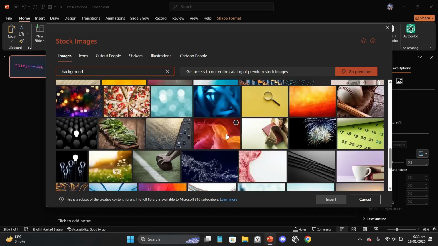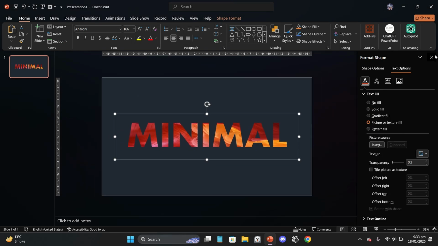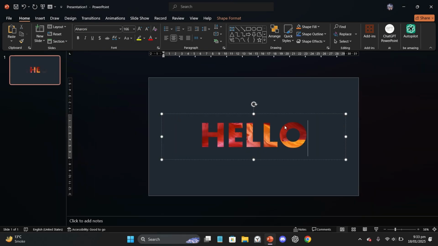So for example, let's just take this image. Yeah, so this one looks just fine. What you can do is change your text, and the picture will remain inside your text. Plus, you can download this free